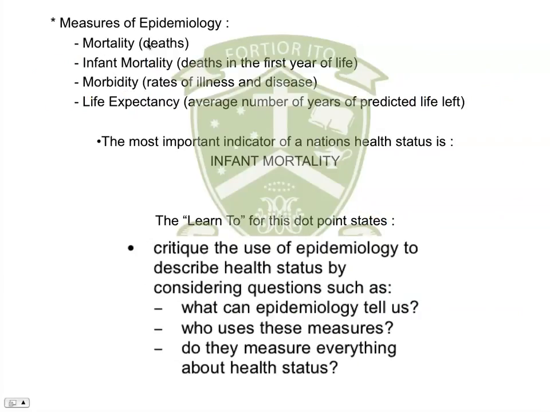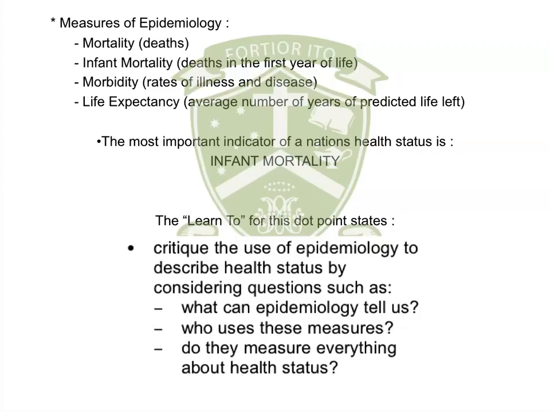Mortality is simply the death rates. Infant mortality is the deaths in the first year of life. Morbidity is the rates of illness and disease. And life expectancy is the average number of years of predicted life left at a certain point in time. So when you see life expectancy, it's generally expressed as what age you can expect to live when you're born. But obviously the older you get, the more your life expectancy increases. So someone who is 50 years old now, their life expectancy would be at a higher age than it was